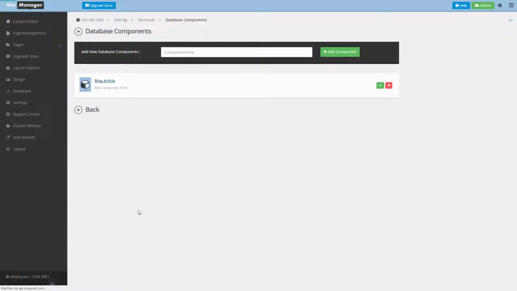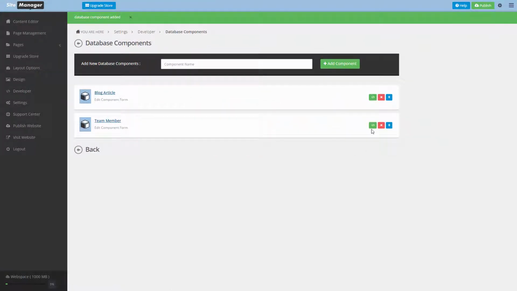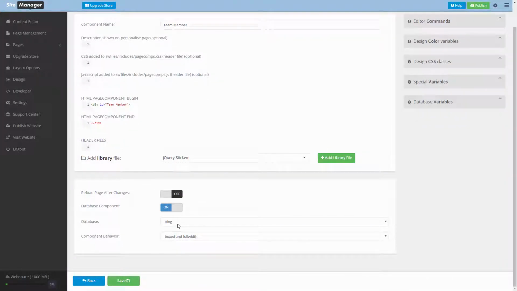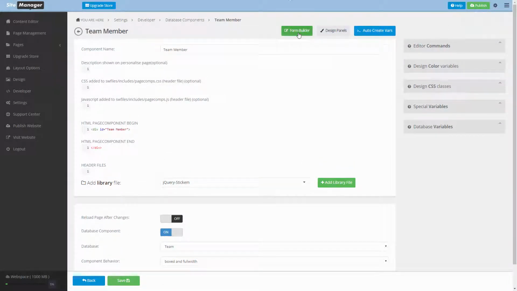So we click database components. We already see that the blog article that we installed from a previous video is here, but now we're going to add a team member to our database. So we add the component. It's very important that when we click the edit code that we select the team database, because by default it will always take the first database, and we obviously want to have it as a team database. So we're going to build our form,